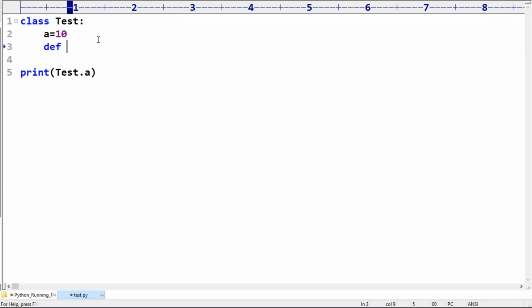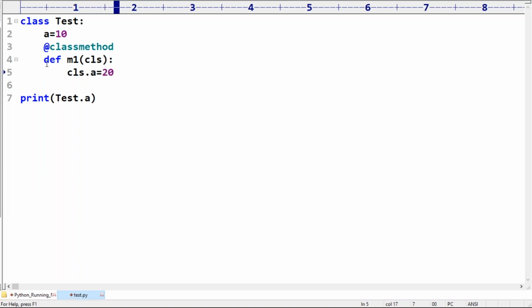Now, inside a class method, def m1(cls), I'm taking cls.a equal to 20. Does cls.a always refer to the static variable or not?